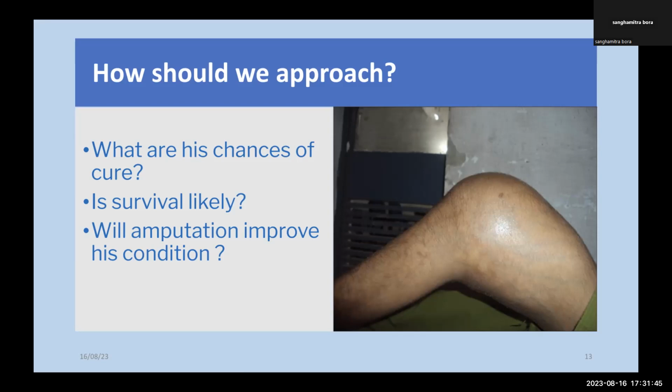Okay. So these are the questions that you need to ask yourself. You need to discuss with the surgeon, and then sit with the patient properly, give him everything on a platter, and actually kind of make him look at the mirror and find out for himself the real situation that is going on with him. All right. This might sound very, very whimsical, or this might sound very, very illogical. But then the point here that you should remember is that